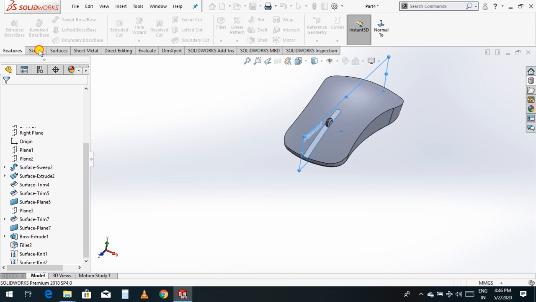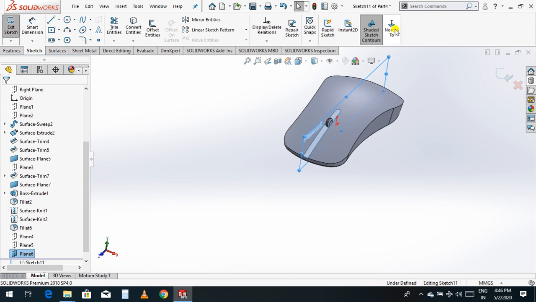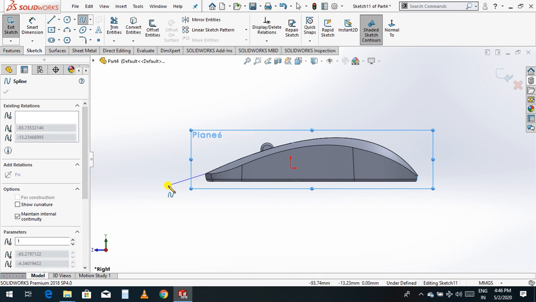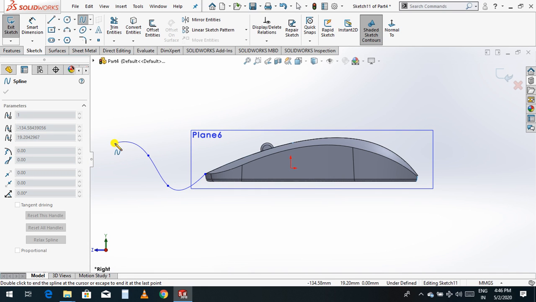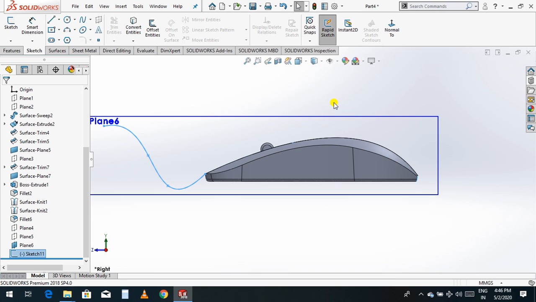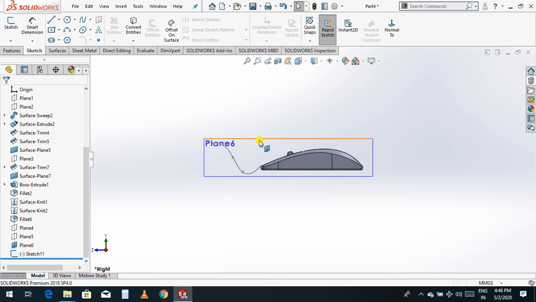Now you go to sketch, normal. Now you take the spline. Now you exit.